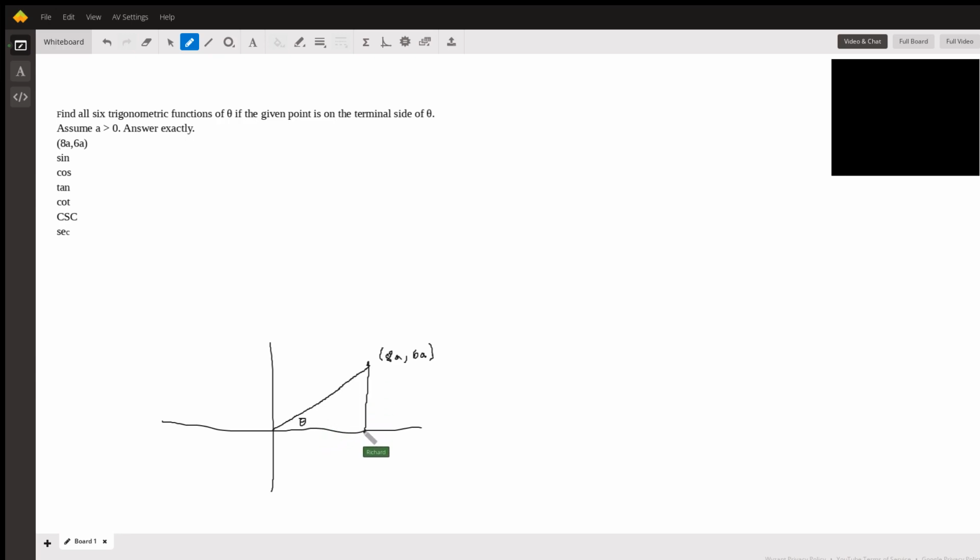And we can make a right triangle. The height here would be 6a. The length here would be 8a. We're going to need the length of the hypotenuse here, which is just from Pythagorean theorem. We'll call it h here. It's going to be the square root of 6